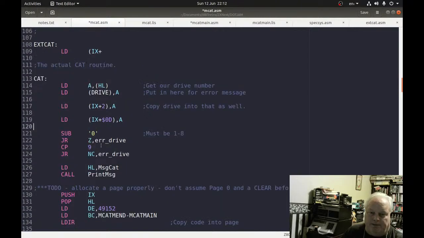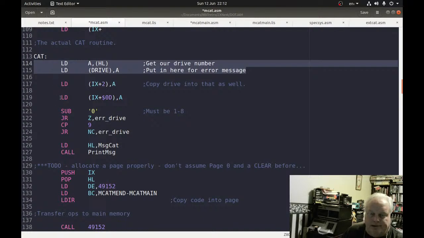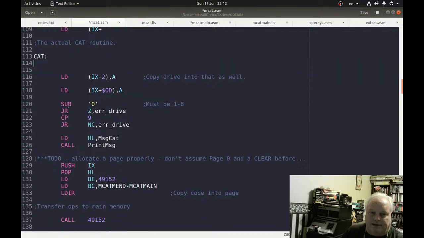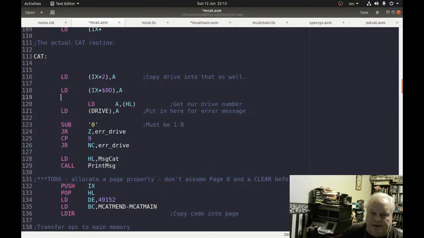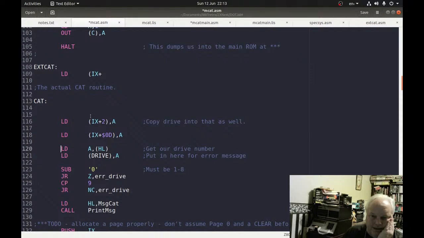because we haven't actually copied up the code yet. So we'll need to load acore HL and put into drive. That needs to be done when we can share it there. Be careful. That's the check on whether the drive rate is in range. That'll be common to both catalog commands, so it needs to be run whichever command is coming in, because it's either extended or standard. So